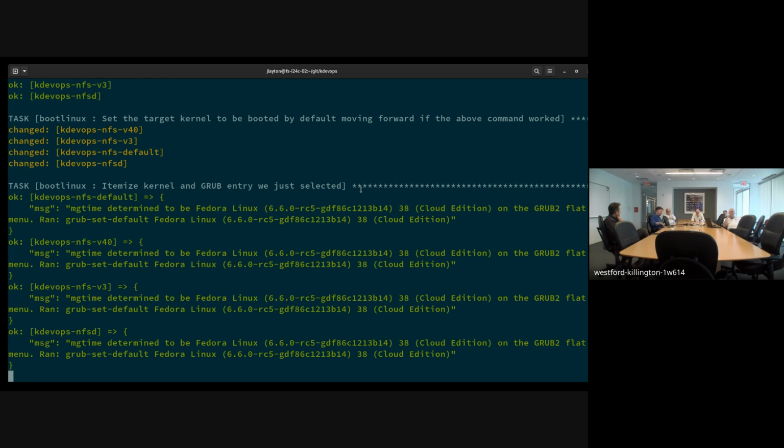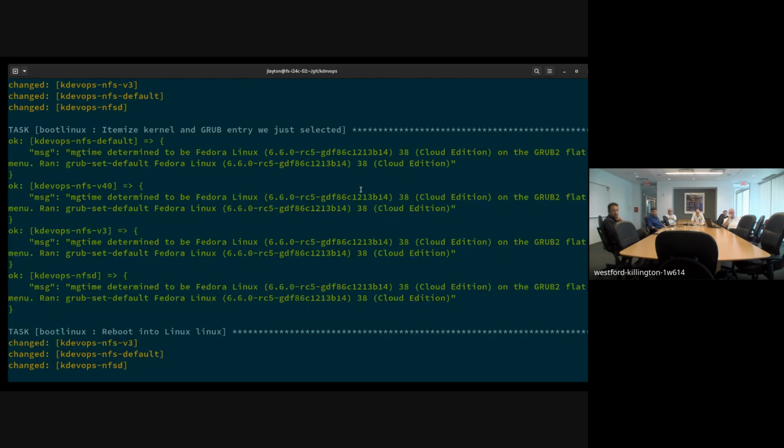So here you can see it pulled down this kernel that I've got. And then it's installed them on all those, and now we're just waiting for it to come back up. So the little grub stuff,